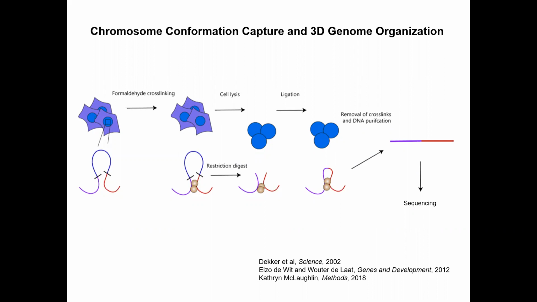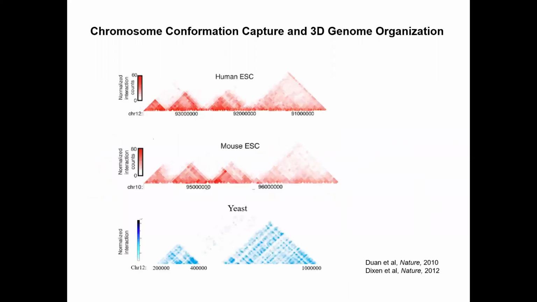And then you can digest the DNA and then ligate it. And then you reverse the cross-link, and then you get the DNA out. And when you sequence across this junction, you will know, okay, this piece and this piece are physically together. And by doing this kind of assay, you get this representation of the data that's called a contact frequency